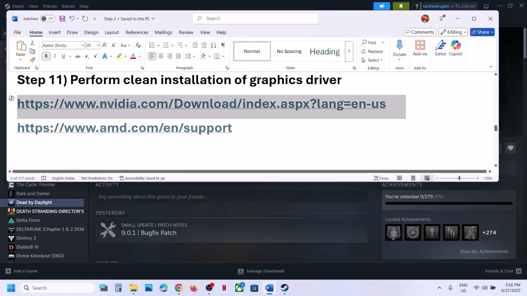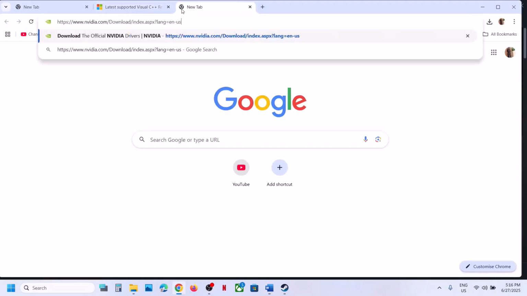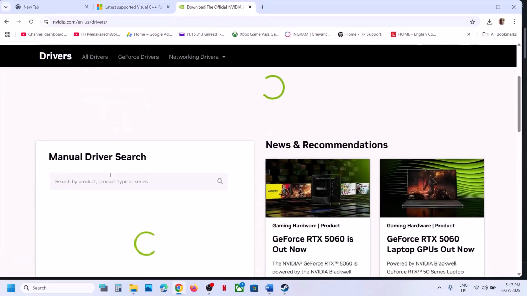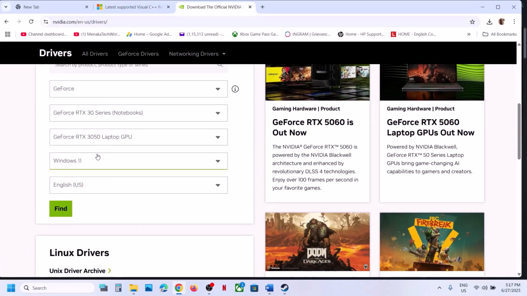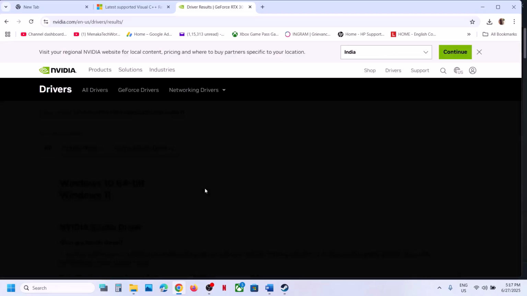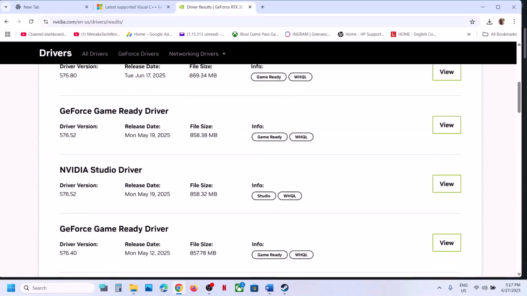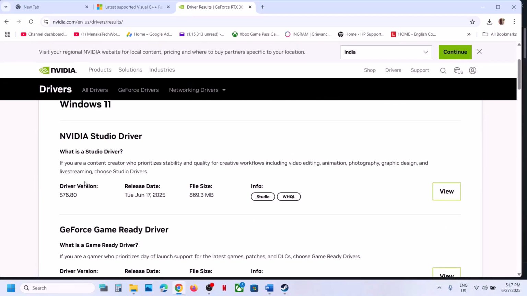So if the latest graphic card driver is not working, you can roll back to the older version. So you can go to NVIDIA website. I'm showing for NVIDIA. You can select your graphic card, your operating system, and then click on find. And on this page, scroll down and then you will see view more option, view more version. So click on view more version. So the latest one right now is